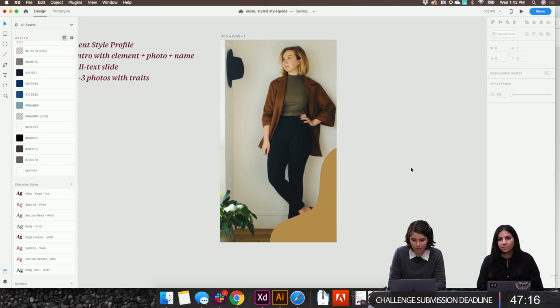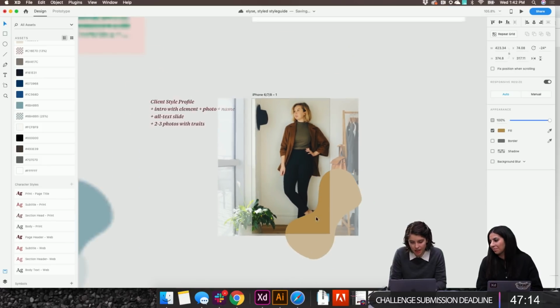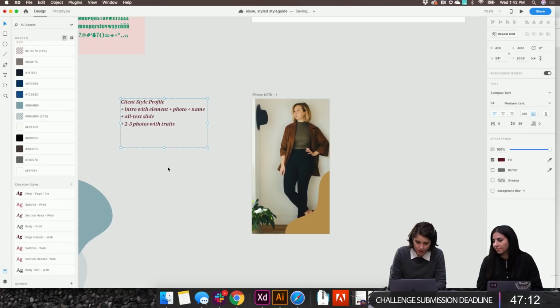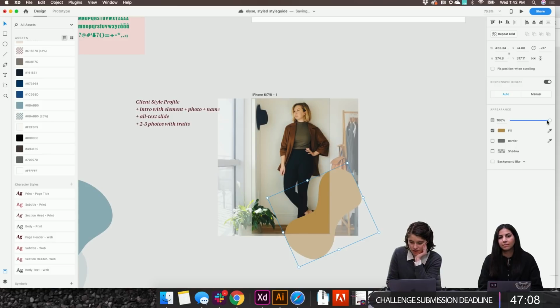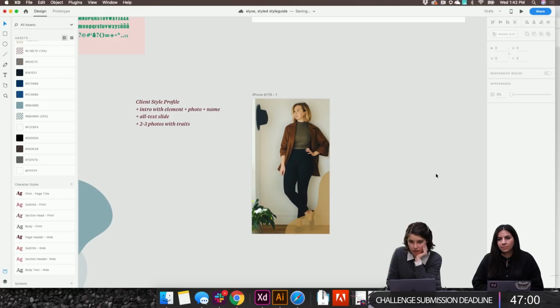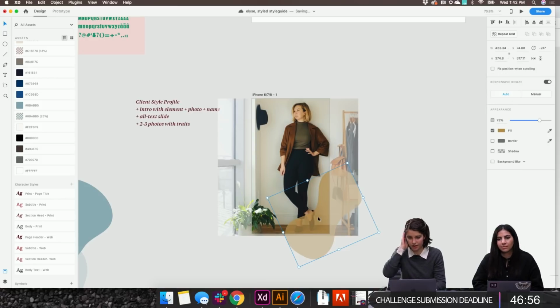So I have this kind of like peanut type thing. And then I want this to not be so, I want it to almost be a little bit transparent, but then I sort of want to change that color.